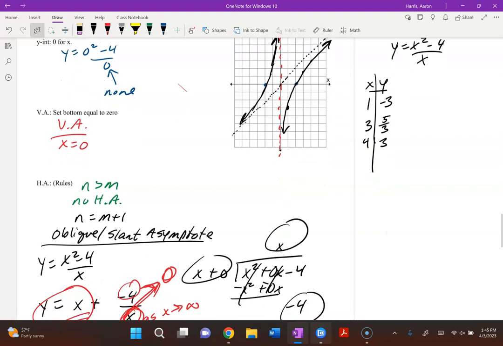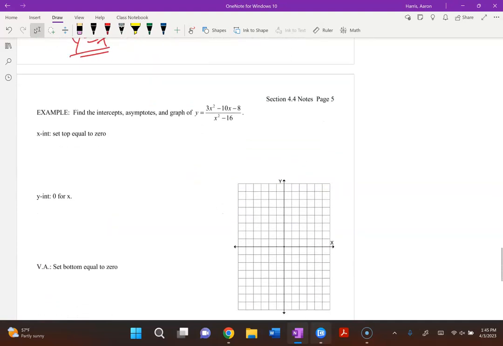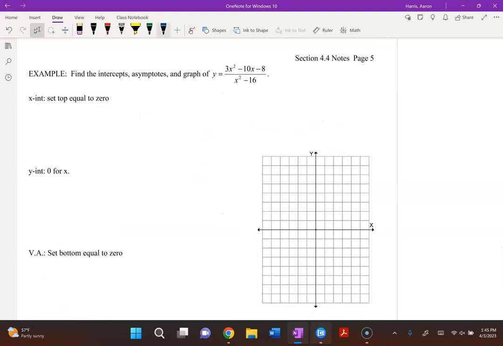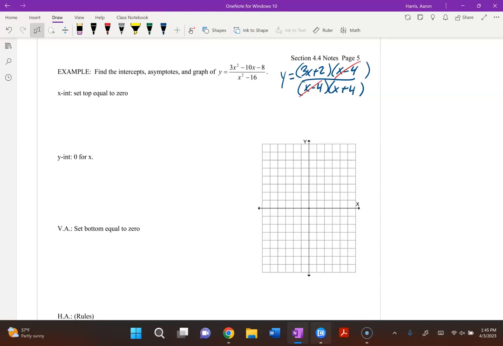Okay. All right, my last scenario is what happens if, let's go ahead and factor this top, plus 2 minus 4. Let's go ahead and factor the bottom. Notice that these cancel. Now, what does that mean? That means this function, because that's a different function, behaves like the simplified form, except